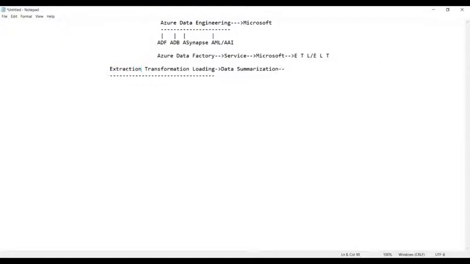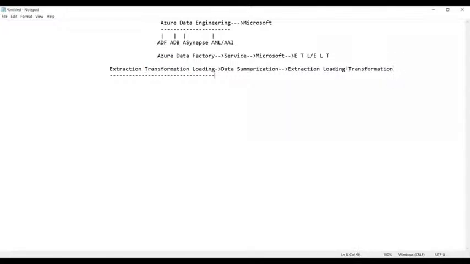The next process comes here: loading, not the transformation. Extract and load first, then transform it later.